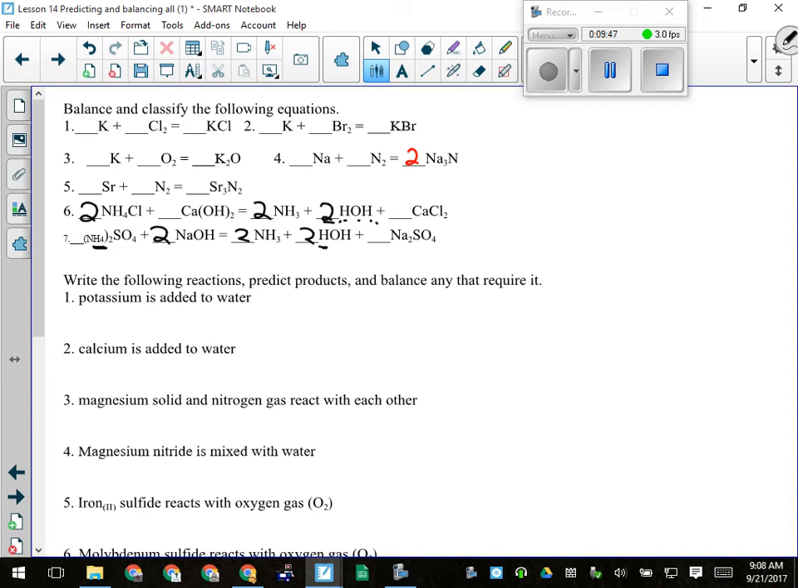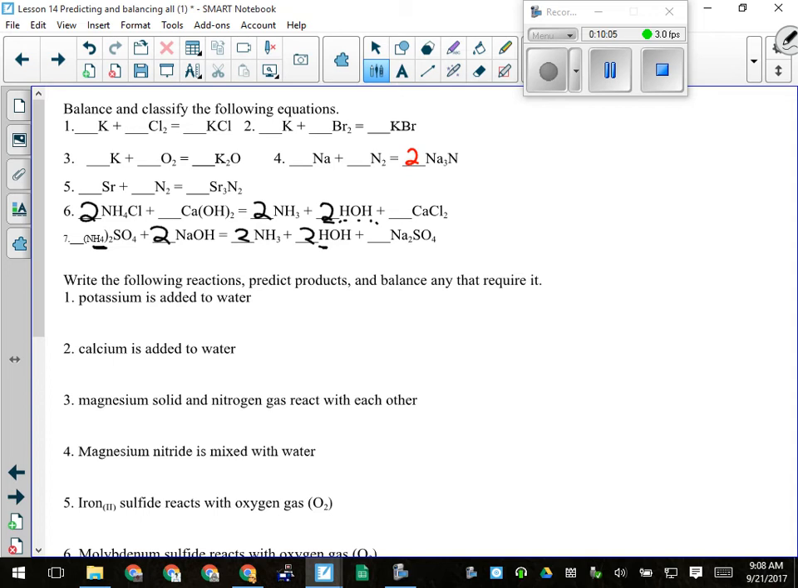How did I come up with which 2? Okay, this NH4 is in brackets and has a 2 beside it. That means there's 2 NH4s. So that means there's 2 nitrogens and 8 hydrogens. With me there? Okay, so I put a 2 in front of the nitrogen on this side to make sure